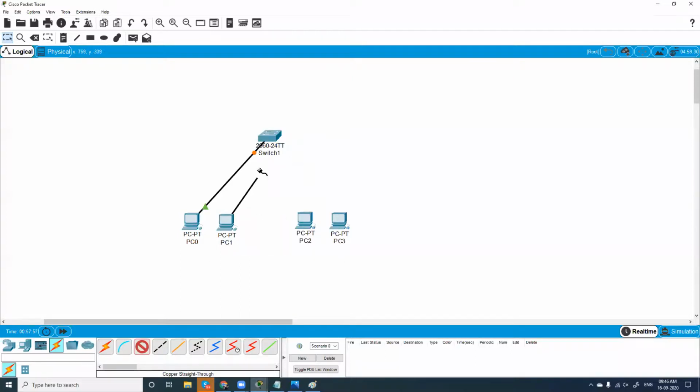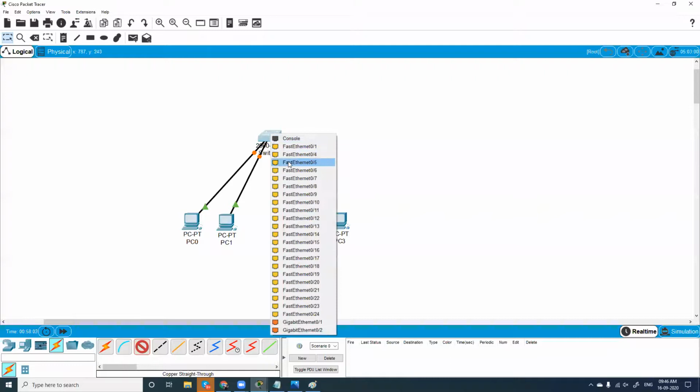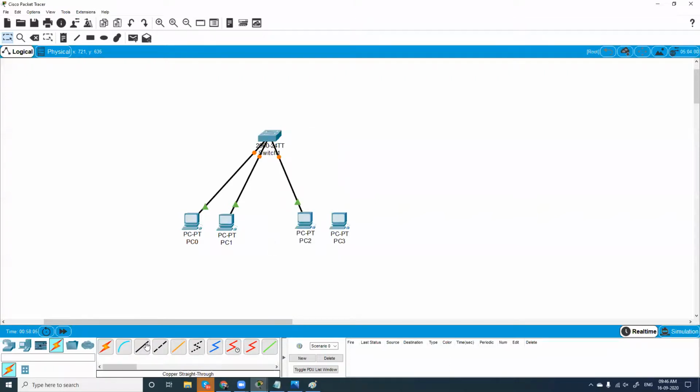The second computer is with 0/3, the third is with 0/4, and this is with 0/5. We know these 2 computers belong to sales and these 2 computers belong to HR.